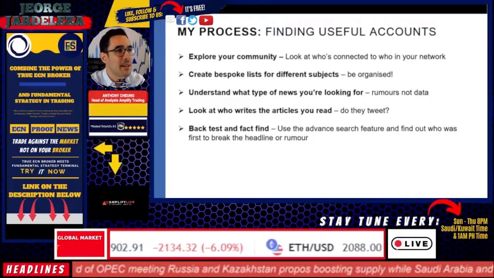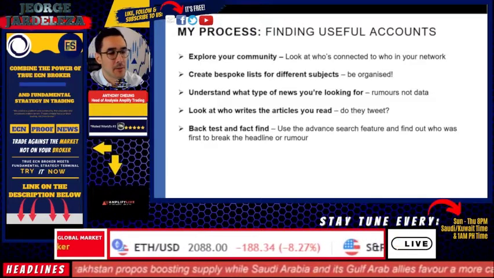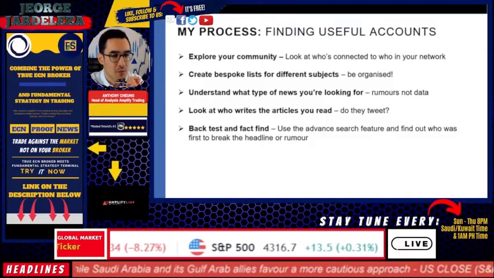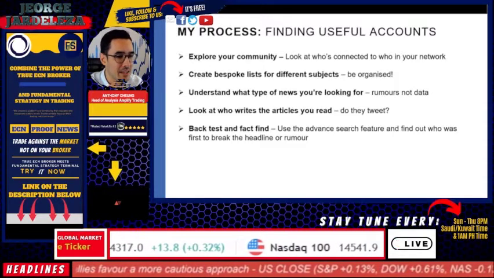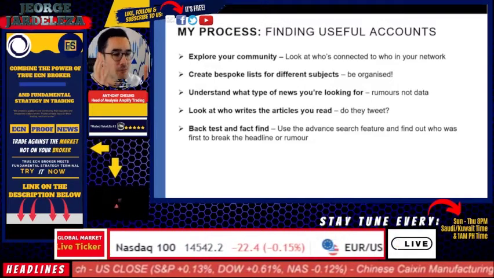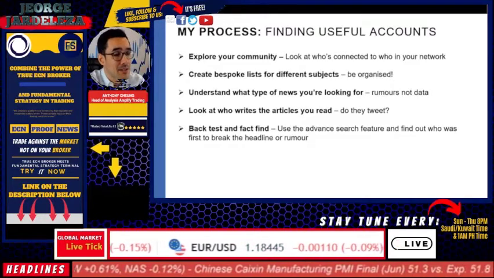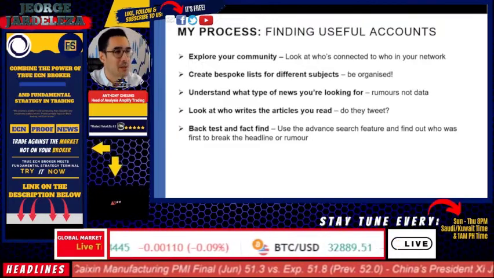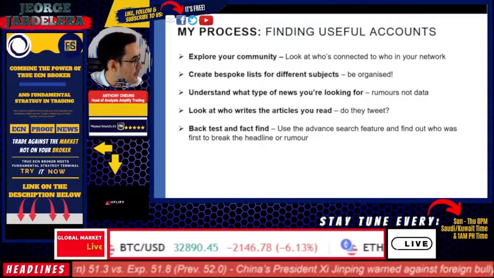If it became well known that Twitter was the first port of call to break a piece of information, I'd make a note of that, and at the end of the day I'd go onto the advanced search filters on Twitter and put in the exact time frame of when the initial event happened. I'd then look back chronologically and identify who was the first person to break this information. More often than not, it was people I'd never even come across before. But then I would look at the context of their tweets, how often they tweet, and I'd put everything together to see whether there's someone worth adding into my list of people to follow.